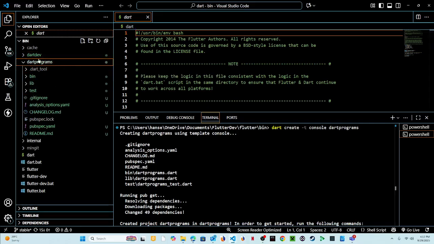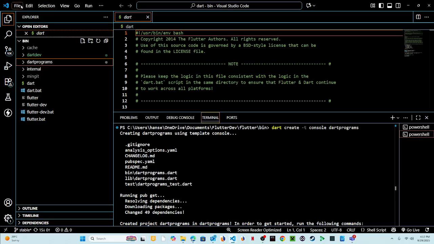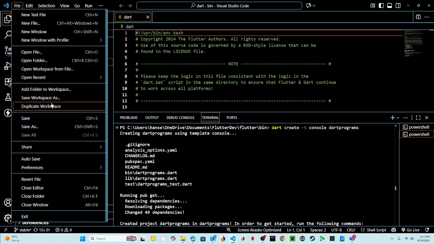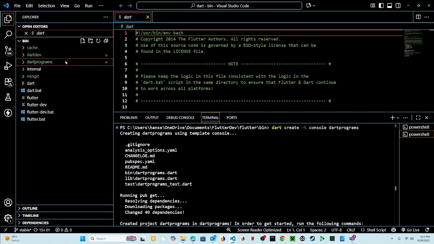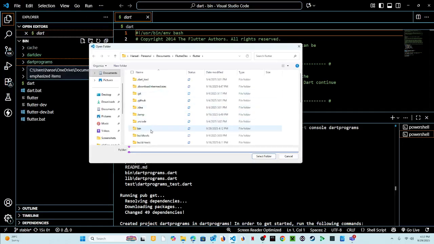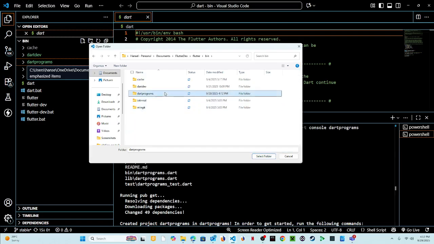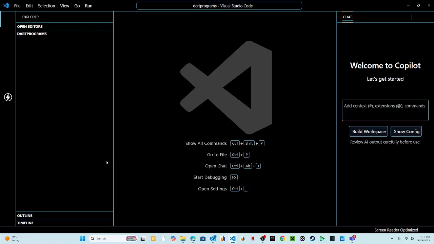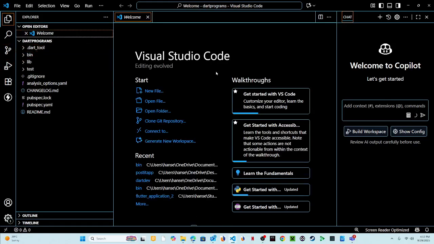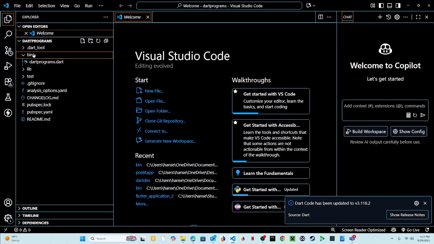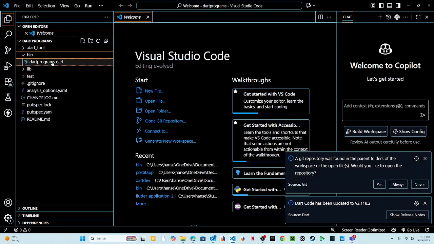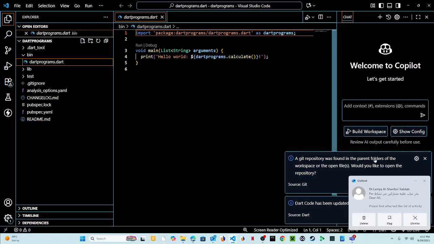I can point now to this folder or file and open the folder, and then instead of the bin, I'll just open the Dart programs, and there you go. It will lead you to this bin. Technically, the program resides here in the bin. If I open this, this is the